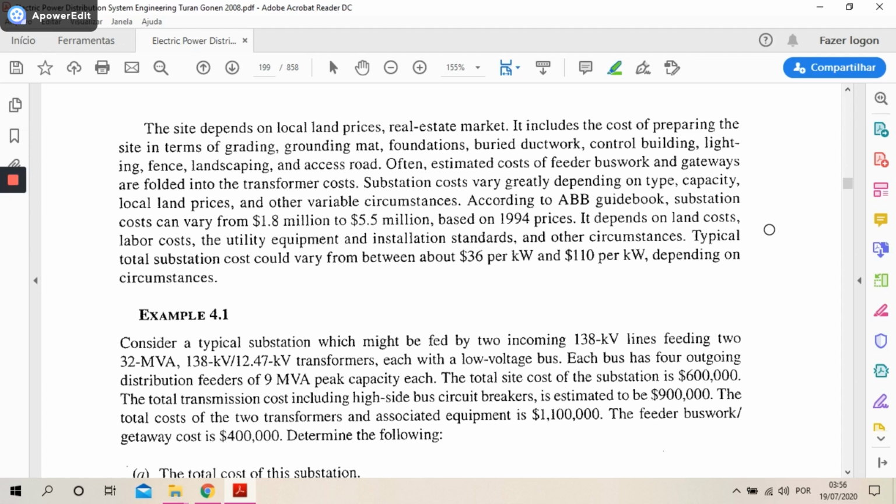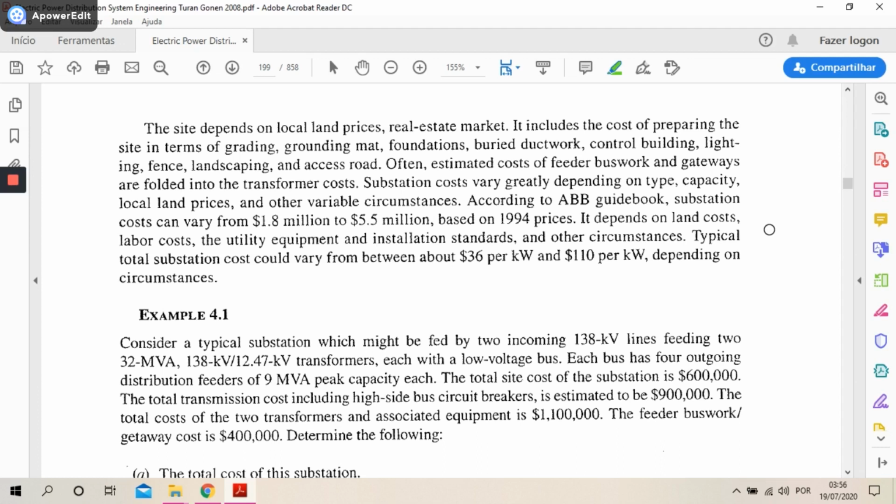Often, estimated costs of feeder bus work and getaways are folded into the transformer cost. Substation costs vary greatly depending on type, capacity, local land prices, and other variable circumstances. According to ABB Guidebook,